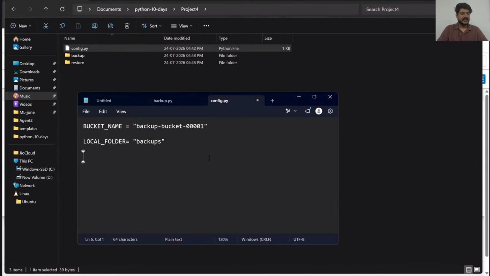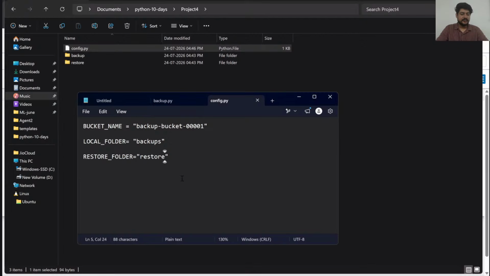Backups over here, right? Maybe a restore folder. If you want to restore it, the restore underscore folder is used. So two values: to take the backup, whatever you put inside it will automatically be backed up. Whatever you want to restore, you can restore inside this folder. So all the values will be stored over here in the restore folder. Now I'm telling this as a restore, just a value as a restore in my case.